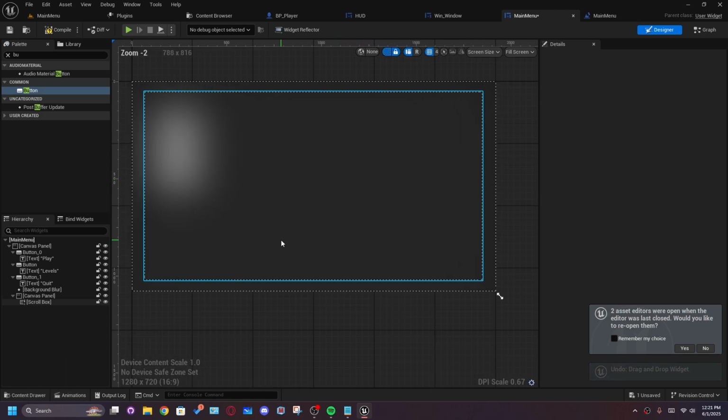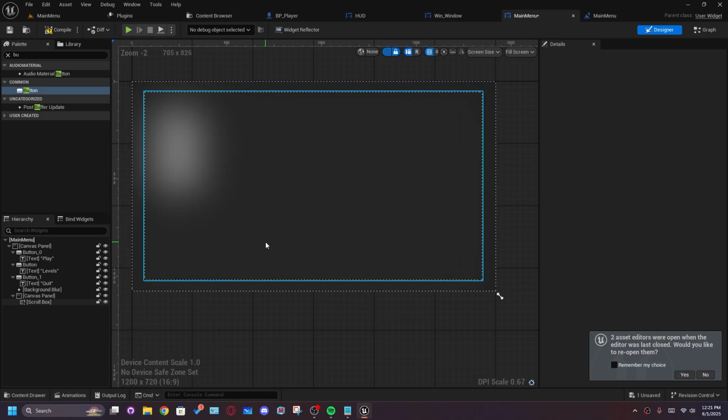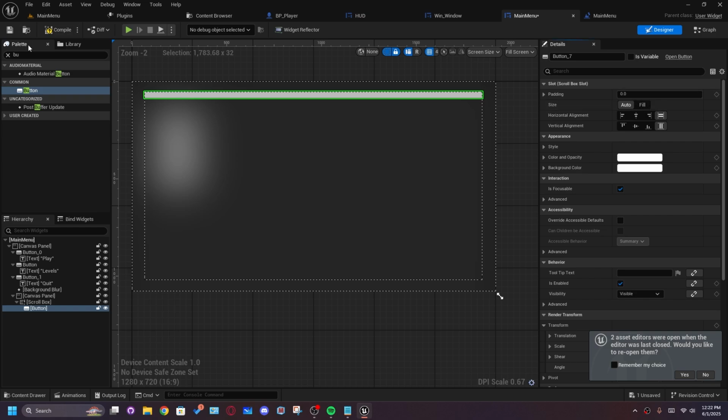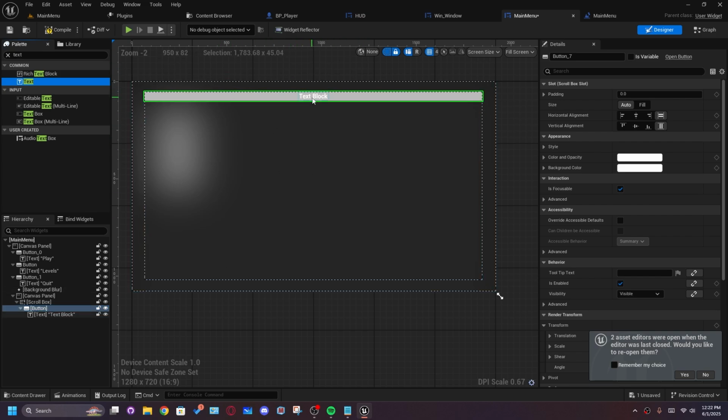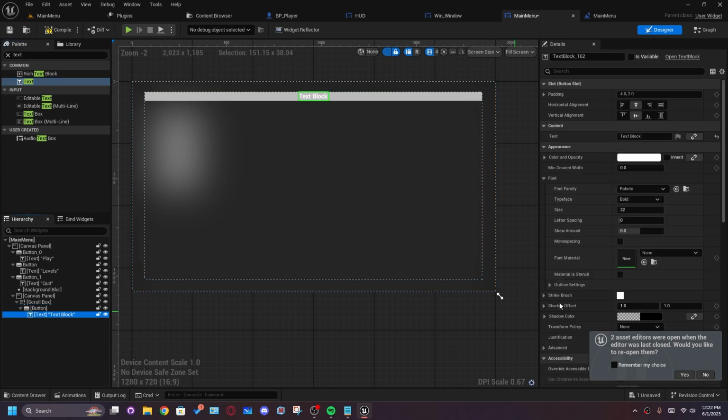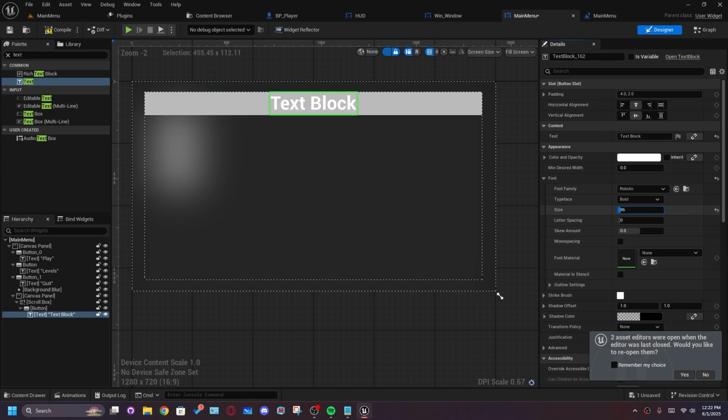Okay, so now how we actually want to do this is, if you go to the button, add a button to the scroll box, and then add a text to your button. So go to the text, add to the button, and now it will appear like this. Now go to the text block and actually increase the size